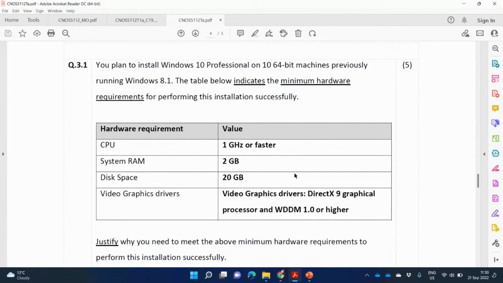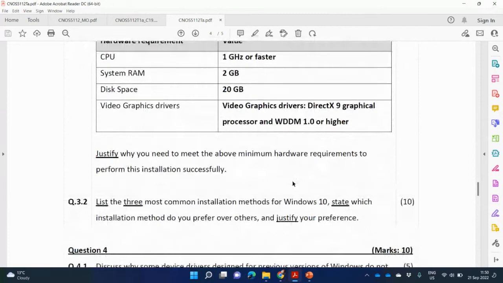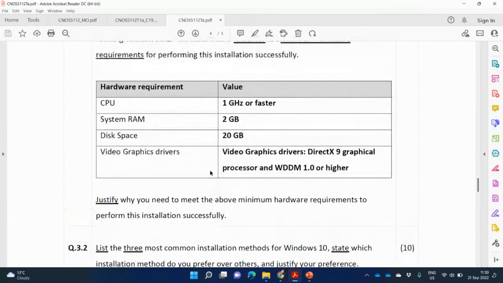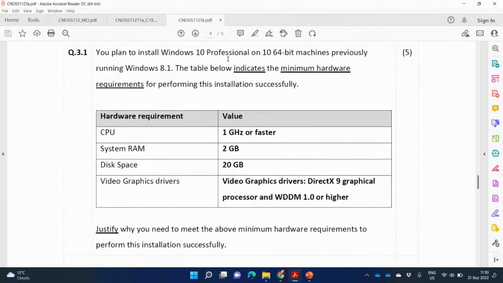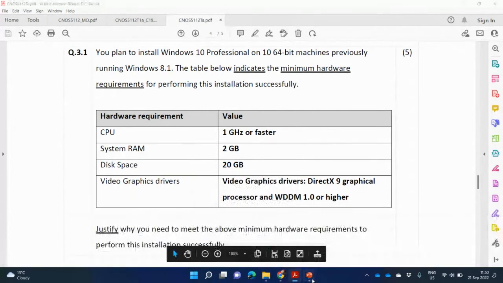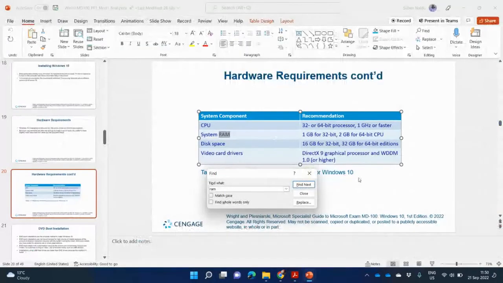Okay, so they've told us that the CPU needs to be 1 gigahertz or faster. We need 2 gigs of RAM. We need 20 gigs of disk space, and we need this display adapter. Justify why you need to meet the above minimum hardware requirements to perform the installation successfully, right? So now this was covered in chapter 1 on minimum hardware requirements. So we were just there speaking about minimum hardware requirements. So there's the hardware requirements. And they tell us here,